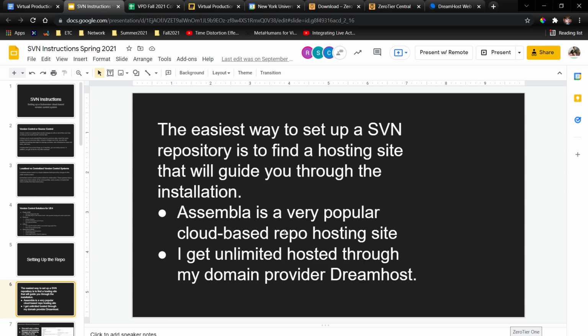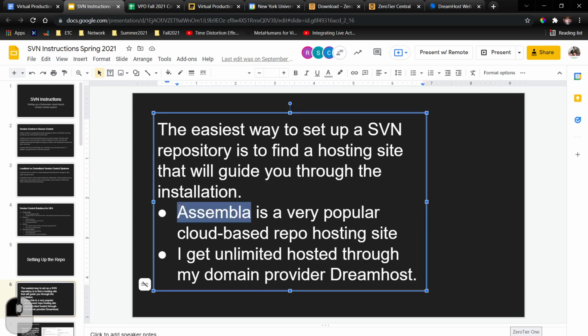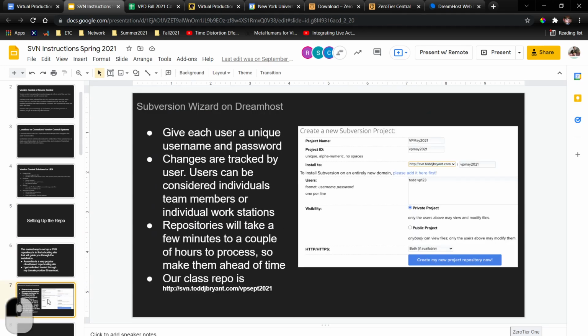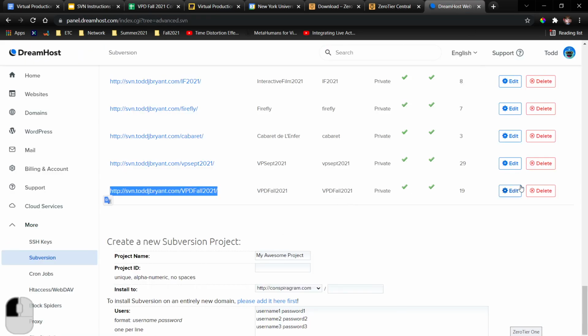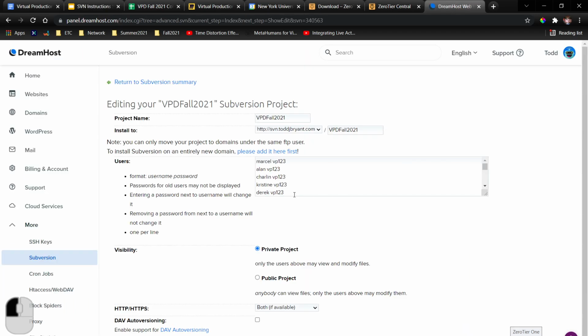So yeah, I was talking about some free ones. People go to Assembla for doing SVN hosting. Again, I'm using DreamHost because it's part of my domain. Right? And so this is a little screenshot of what I could just show you live: inside my project, I've just generated everyone's name, copied and pasted it in here, and then gave everyone the same password. And why everyone has their own unique login is because we get to see who